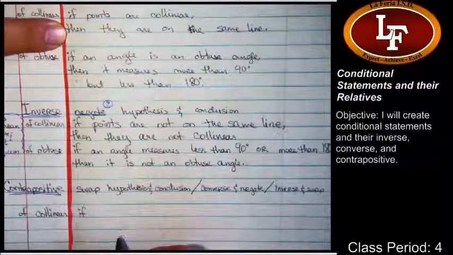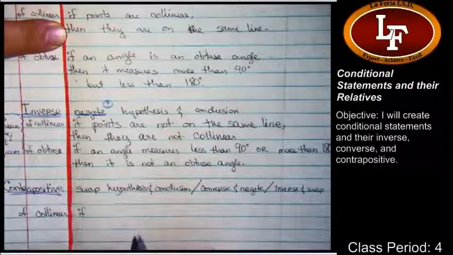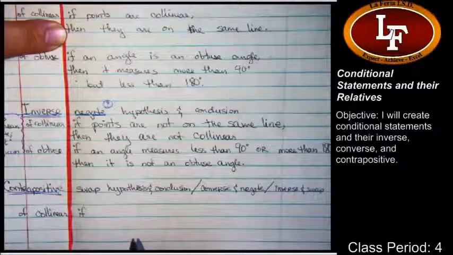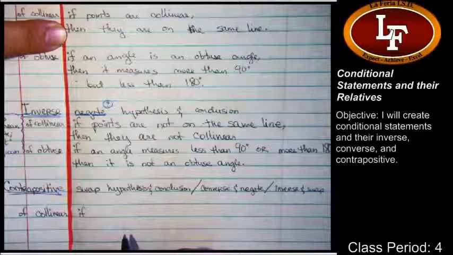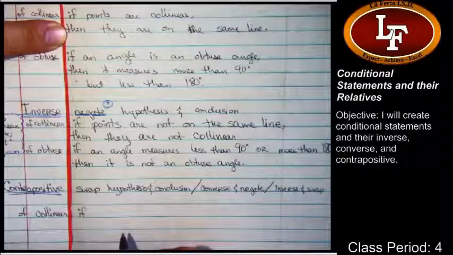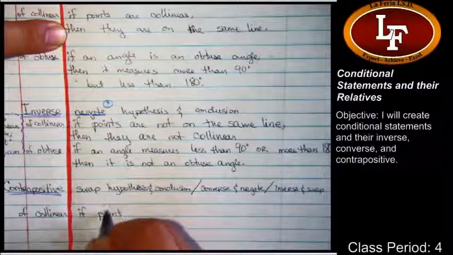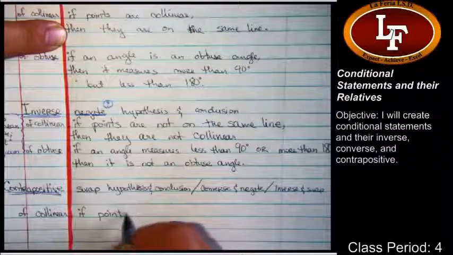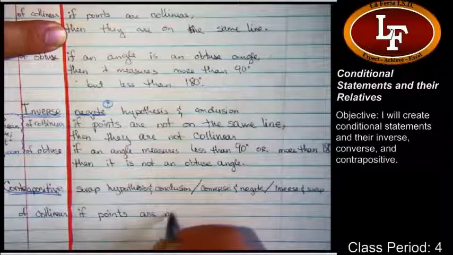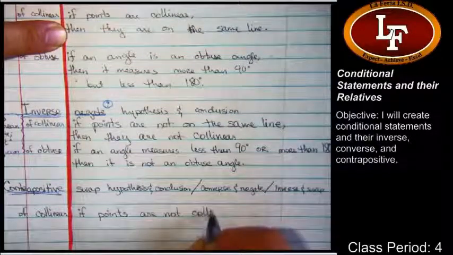So how do I negate that? If points are collinear, the opposite, the negation is not. So put all together, points are not collinear. All right, so there would be our first hypothesis for this contrapositive. If points are not collinear,